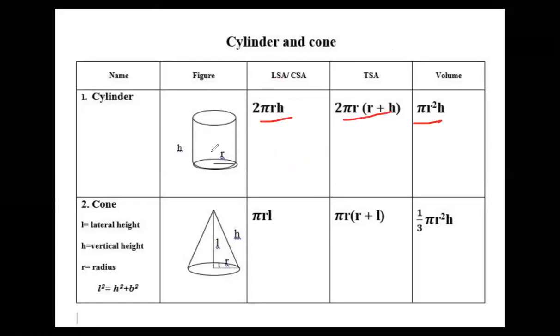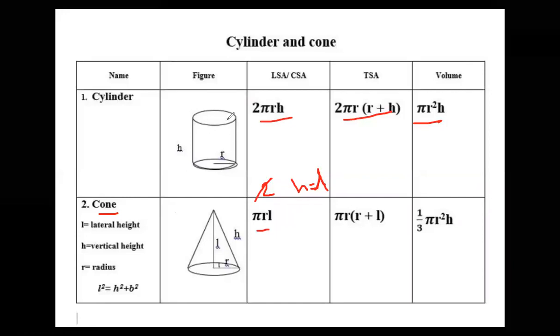Okay, let me continue. Now, how to memorize the formula of cone? If you know the formula of cylinder, you can know the formula of cone also. Just what you need to do, if there is 2, cancel 2. Instead of h, write down l. This is the way to memorize the formula of cone. If there is 2, cancel 2. Instead of h, write down l. Finish. The formula is done. So 2 pi r h, cancel 2: pi r, instead of h, what do we have to write? l. So pi r l. This is the formula.